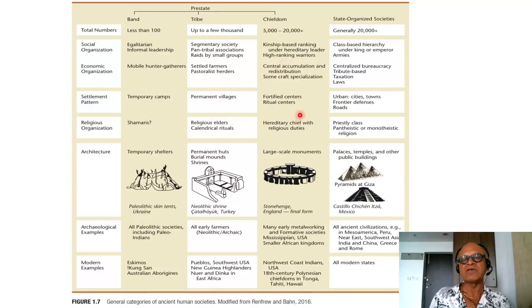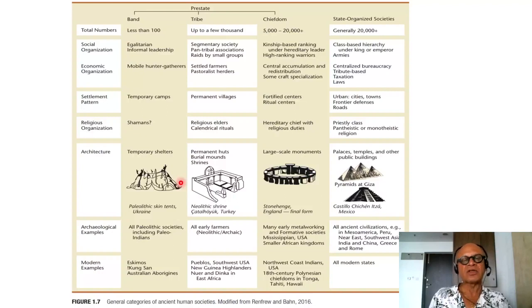Chiefdoms typically have fortified centers because they're based on military strength, and they have ritual centers, whereas state-organized societies tend to be urban, so cities, towns, frontier defenses, and infrastructure like roads. I won't go into details. So religious organizations, architecture, you can see the differences here, and you can also relate to what has been found